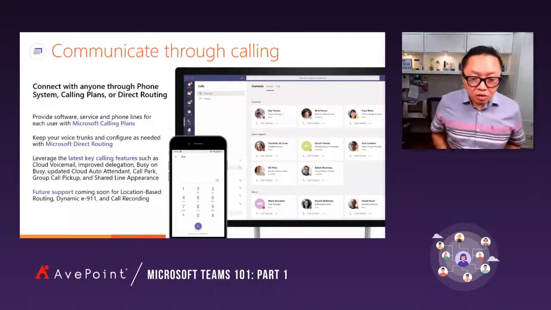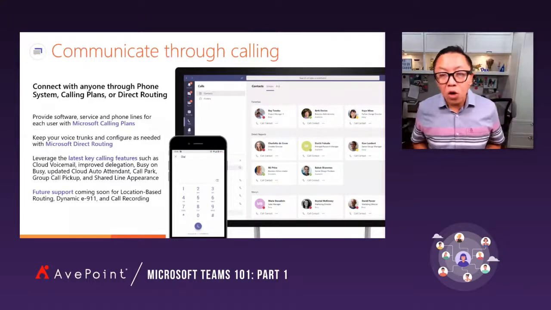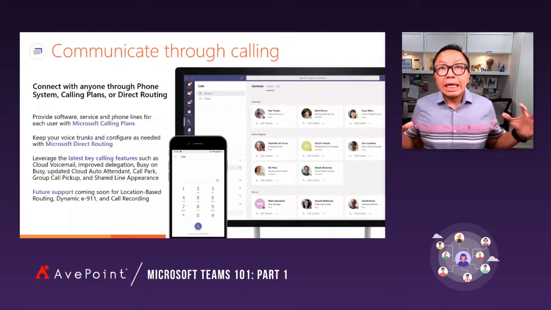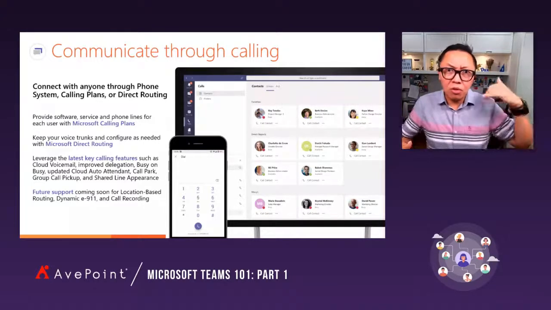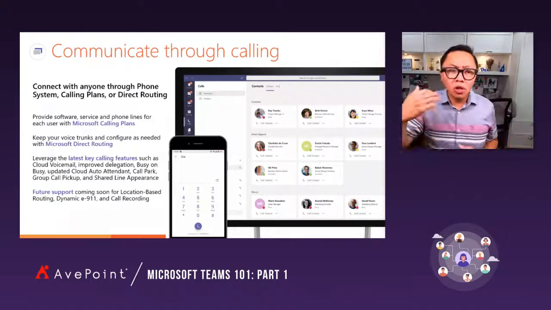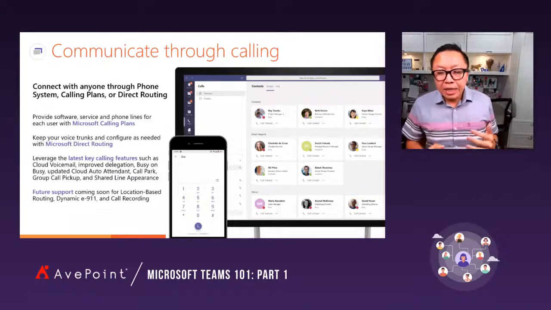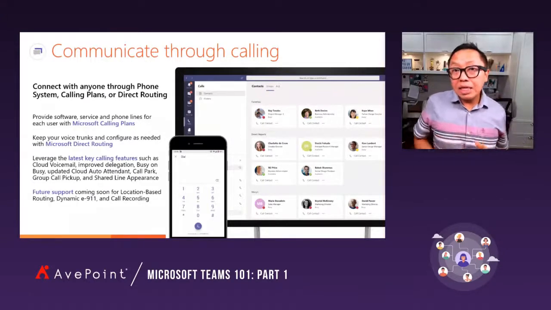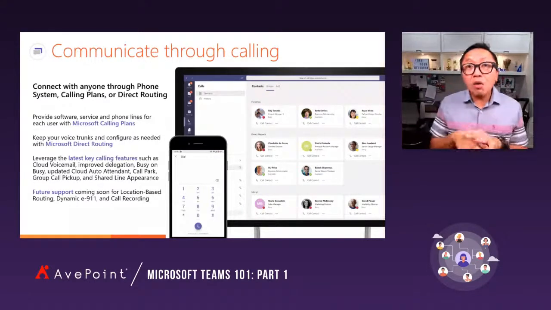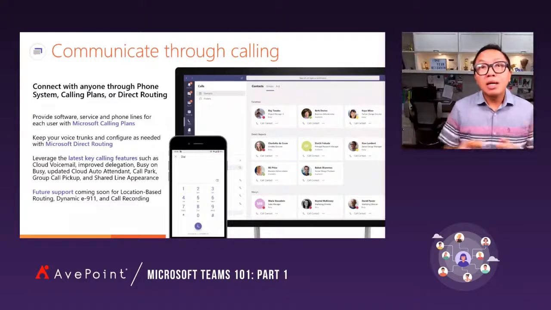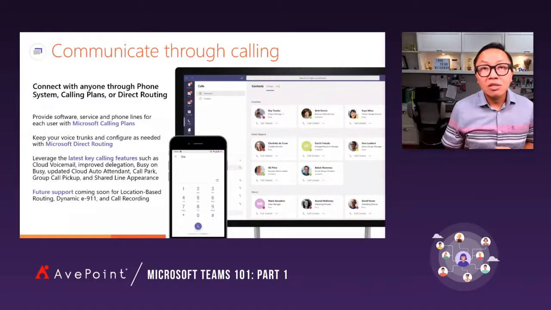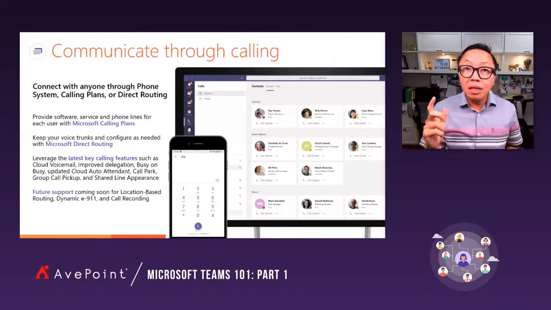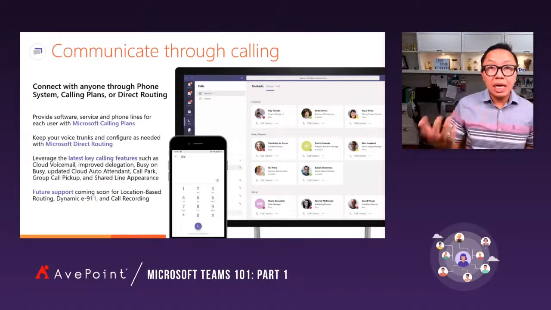But in addition to those type of phone calls and whatnot, you can extend that to other type of calls as well. Similar to Skype, you could do just straight up audio calls or video calls. And just like Skype, Teams is available across multiple platforms. I can access Teams from the browser. I can download a client to my computer, or I can download an app on my mobile device, and it can be any device.